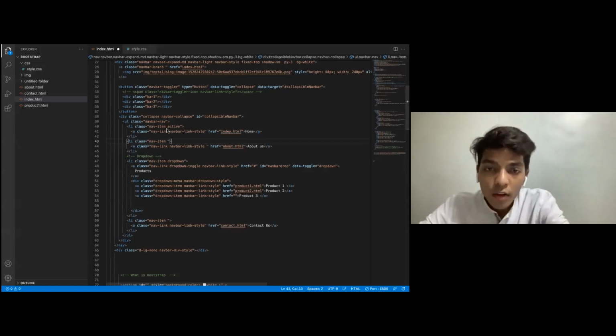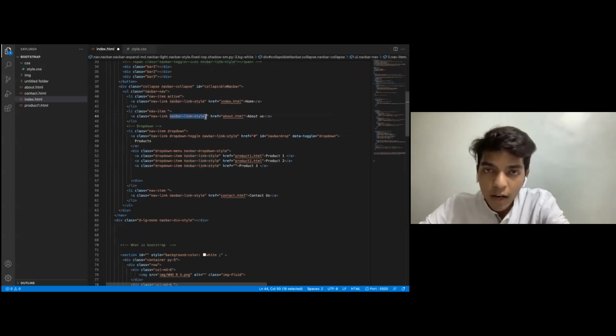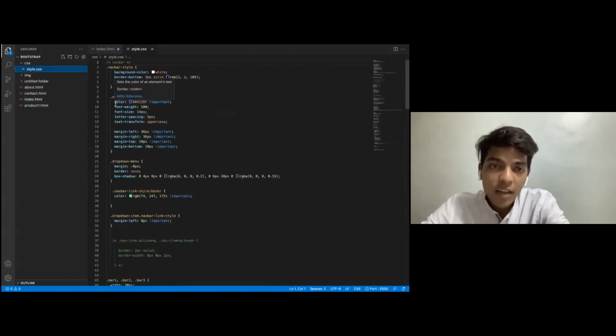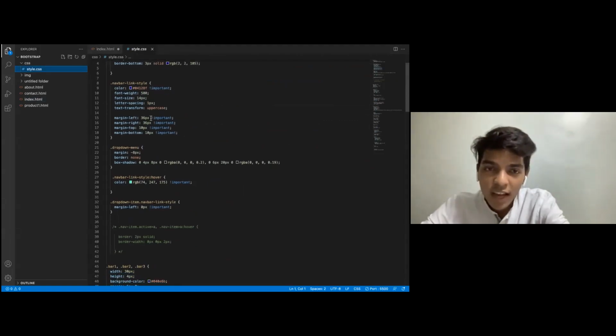Okay. So now just focus on this part, which is navbar link style, and we'll be going into the CSS. Navbar link style has a color of dark blue. It has a font weight of 500, font size of 15 pixels, letter spacing of 1 pixel, text transformation of uppercase, and these are the margins that I provided.